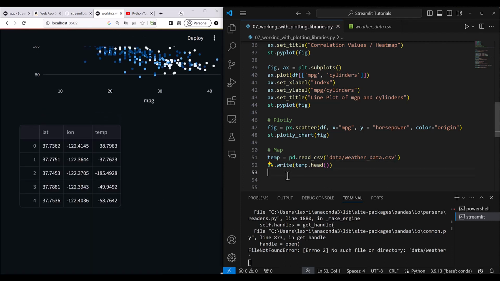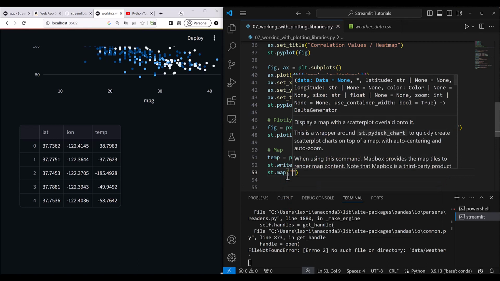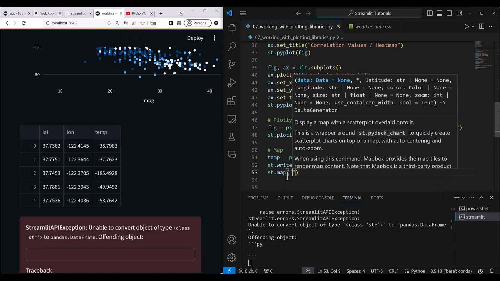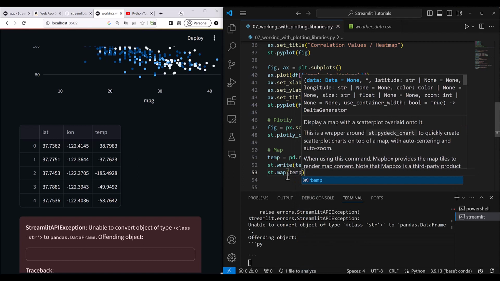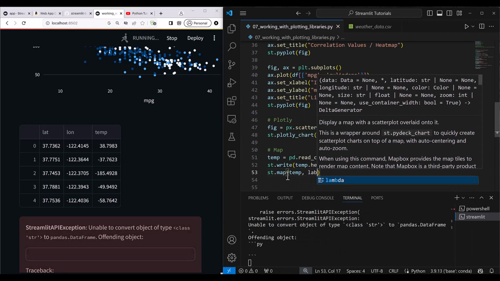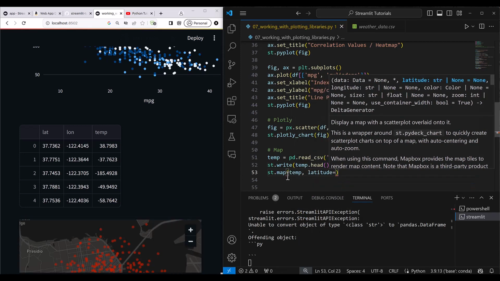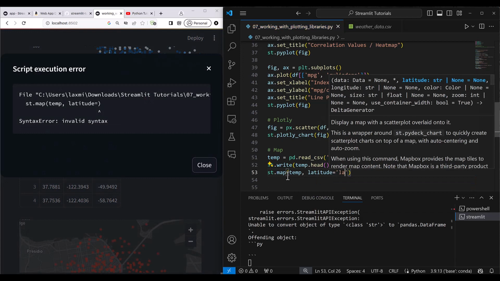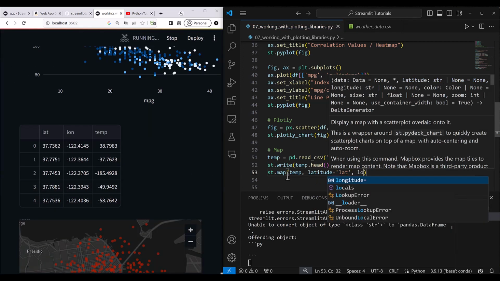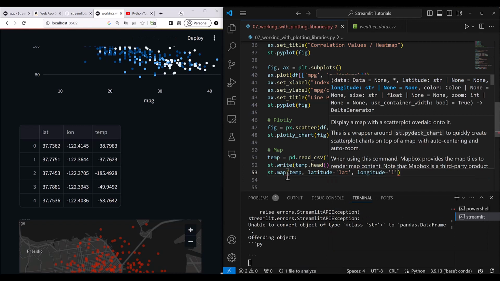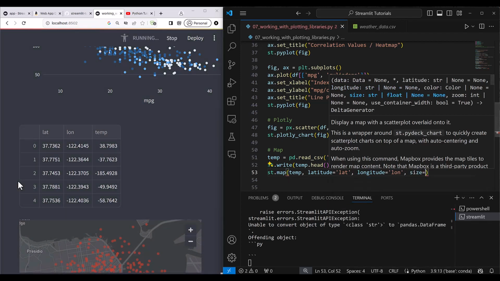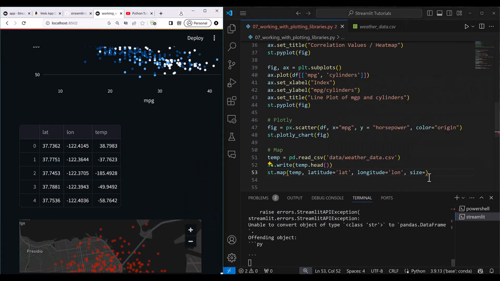So this weather file is there. Let's go ahead and use the map here. So st.map. This is the native map chart from Streamlit. Here you provide the temperature, which is temp, and then you provide latitude. So the latitude column is lat there, and thereafter you provide the longitude. So the longitude column name is lon there, and thereafter you say to change the size of these dots based